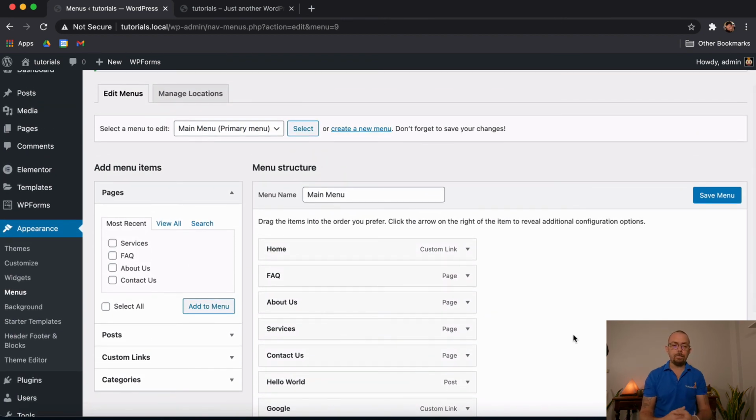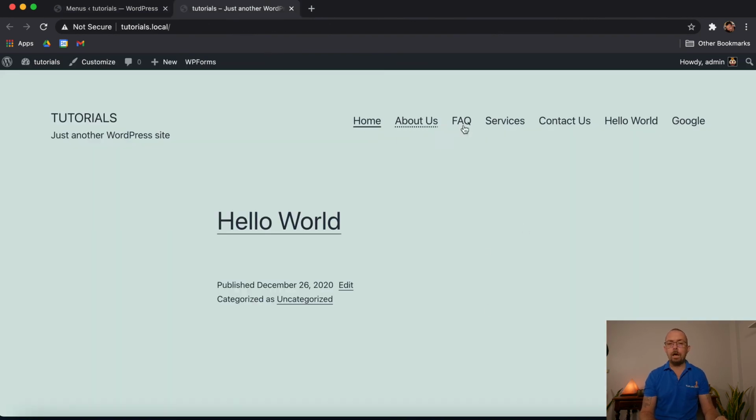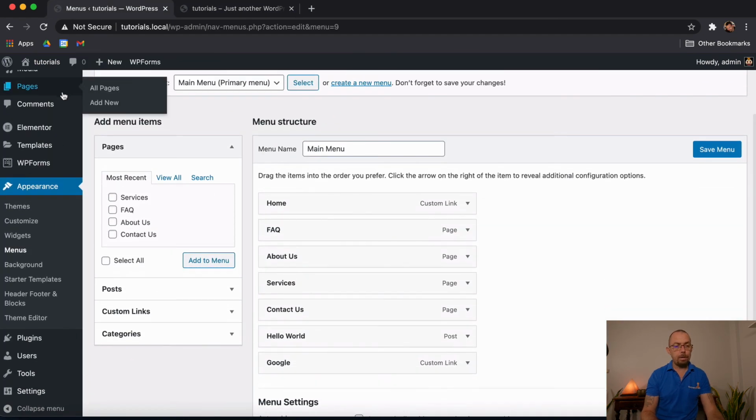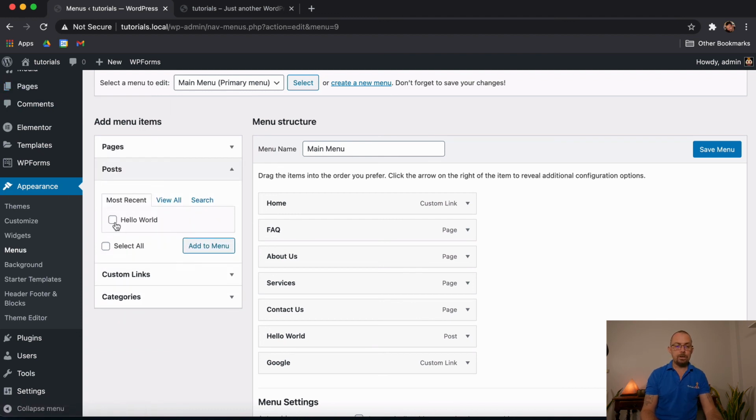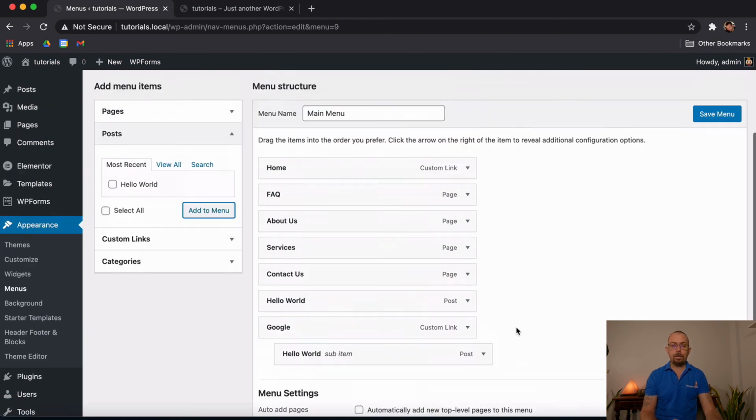With menus, what I like to do first is create some fake pages, maybe some fake posts, just so I've got some content to work with. When I build websites, I want to make sure that I've got something up here, even if it's fake or just a couple of different links, just so I can stylize it and get the overall look. Then later, as I grow my pages and my posts, every time we create a page, it will get offered inside of this, the same with posts. Then I can just choose whether I want to add it in or not, make it a sub-menu, things like that.